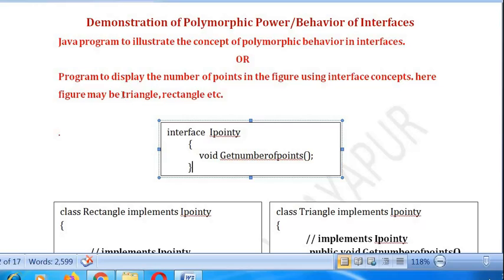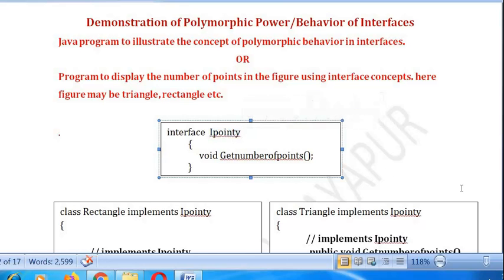For example, if you consider a triangle, the number of points is 3. If you consider a rectangle, there are 4 points. Similarly, for a hexagon, there are 6 points. So this is the definition of an interface in Java. The name of the interface is IY. This is a user-defined interface name. You can give any name here.